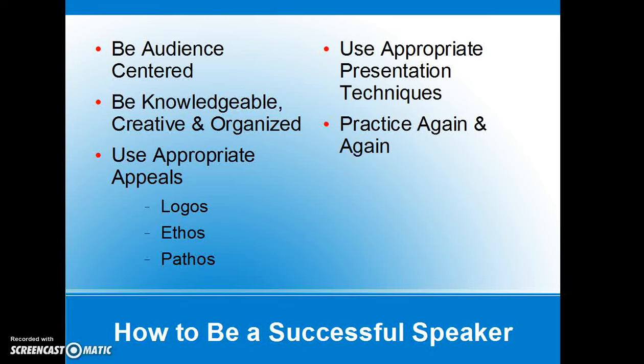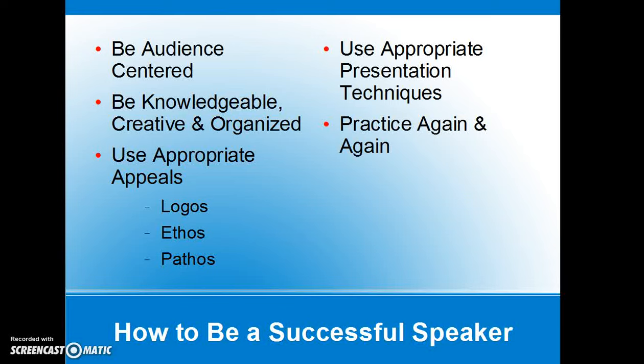So while you don't have to be an expert before you pick a speech topic, before you give the speech, you should become as familiar with that topic as you can. Then the next two things, which are equally important: you need to be creative. So you need to have a new approach to the topic, or a new approach to the speech, because we've all heard speeches about certain things over and over and over again. So if you don't bring a new creative spin to the topic, then the audience is more likely to get bored. And the speech must be organized.